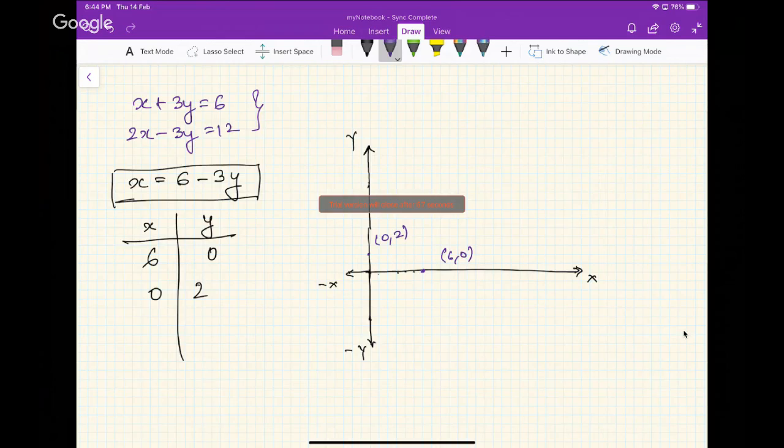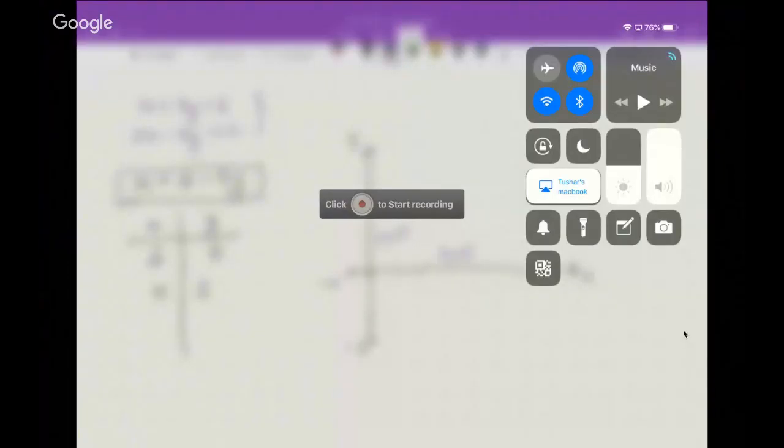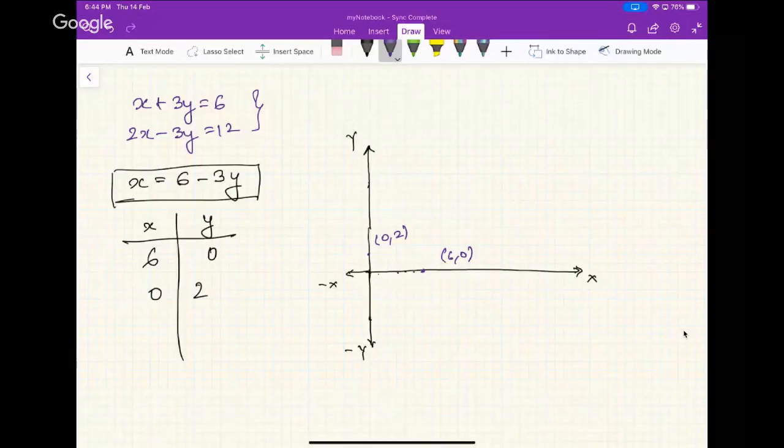Then what you need to do is just join these with a scale. So this is the first equation. Now the second equation